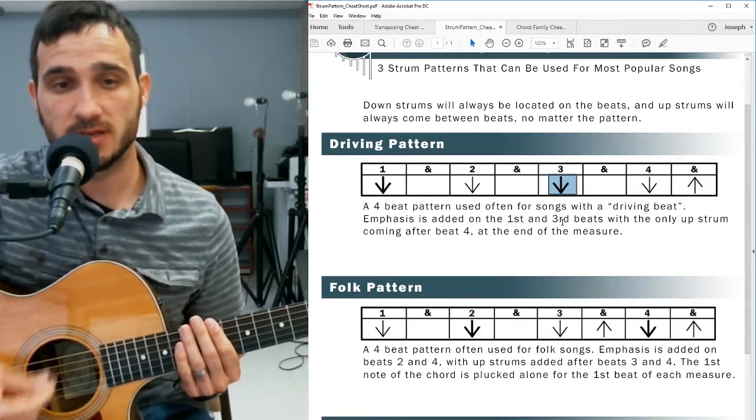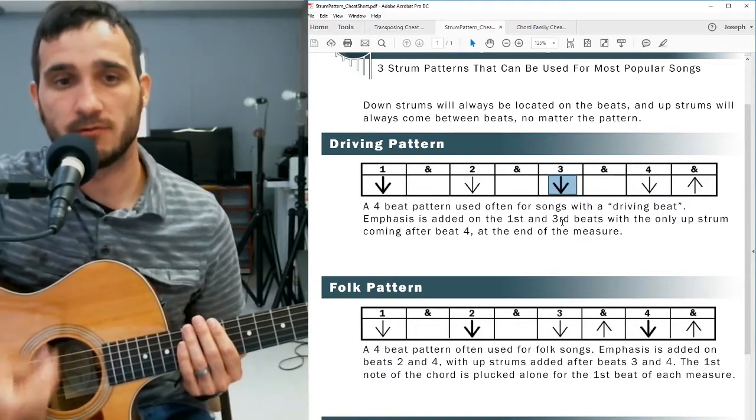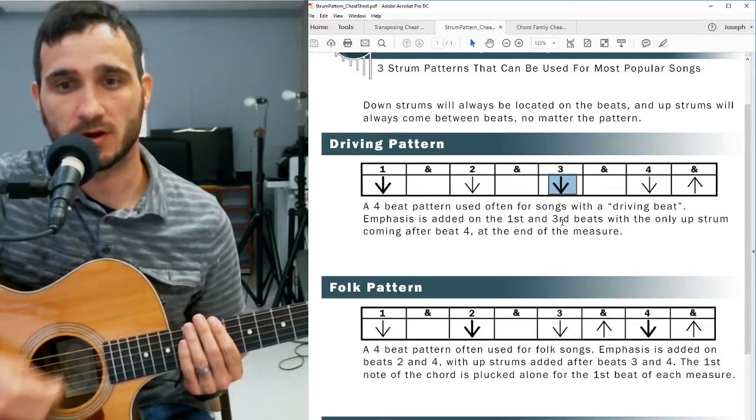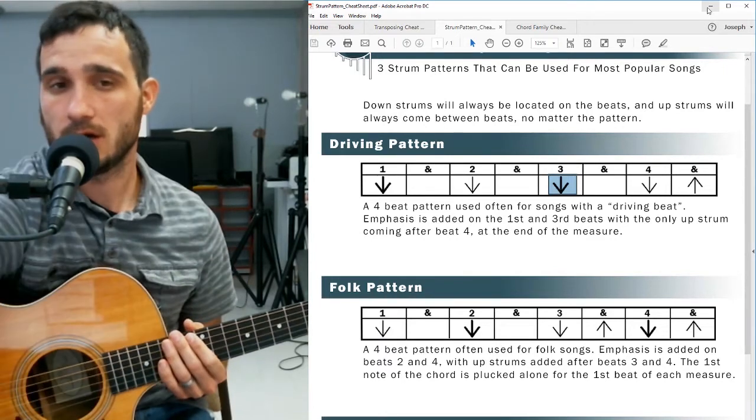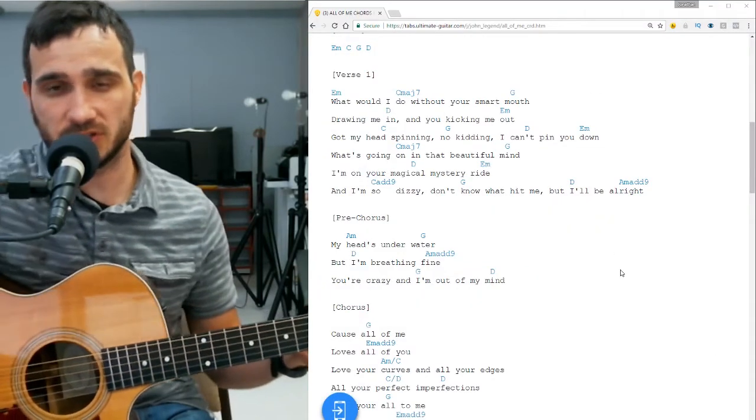1, 2, 3, 4, and 1, 2, 3, 4, and 1, 2, 3, 4, and 1, 2, 3, 4, and 1, like that. All right, so if we go back to the song, and I'm just going to hold down, let's say, the G chord,